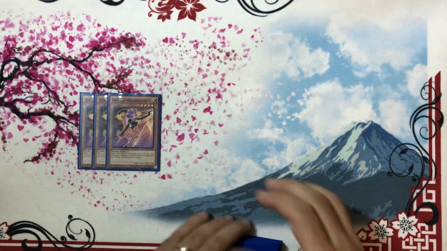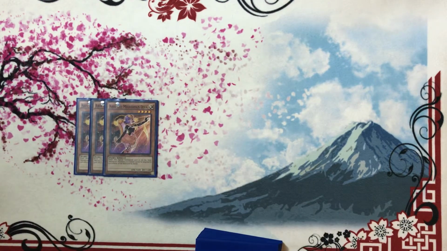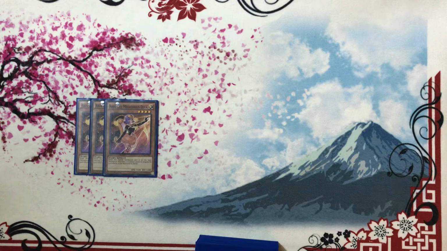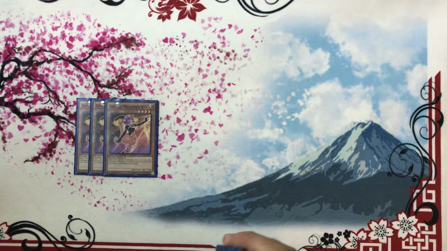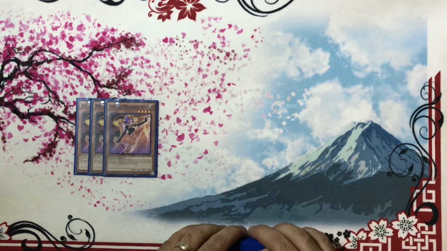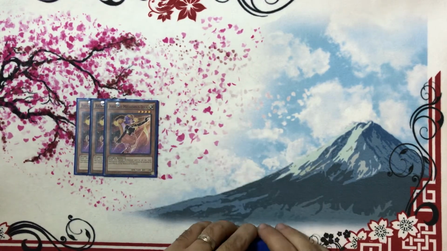So to start off with, we play 3 Aria, the Melodious Diva. Basically, they didn't come out with the best support cards for this deck, I feel like. They should have come out with more cards that just special summon, rather than have a stipulation as, like, if you control no monsters, you can special summon. That's what all these cards will say as I go through them. So it's sometimes a little difficult to special summon some of these,